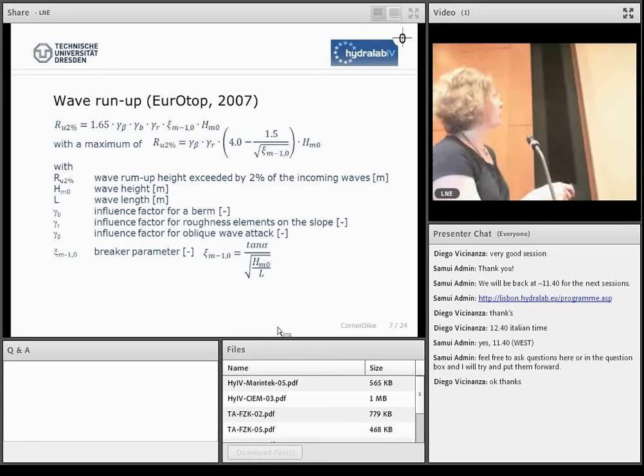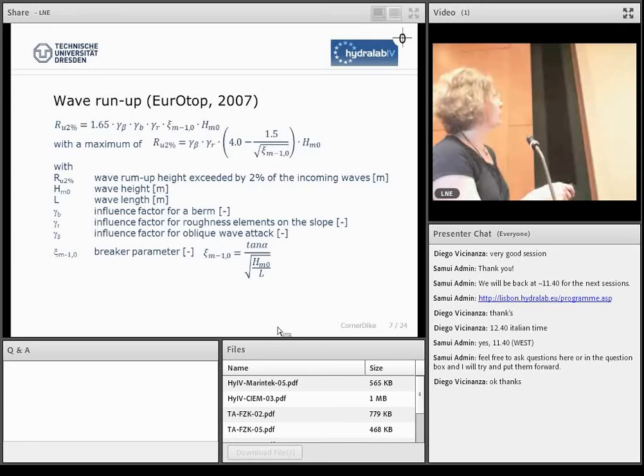And we have different empirical formulas for short crested waves. It's the black line. For long crested waves, these are the blue lines, and for long and short crested waves are the green lines. So there are formulas for both wave types. The question is, is there a difference between short and long crested waves? This formula for short crested waves is that, but we